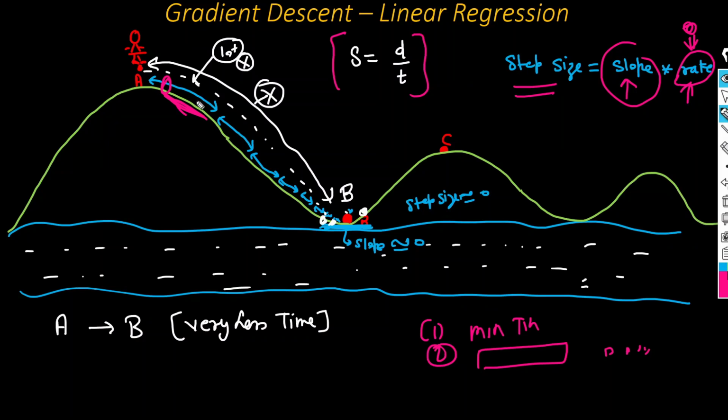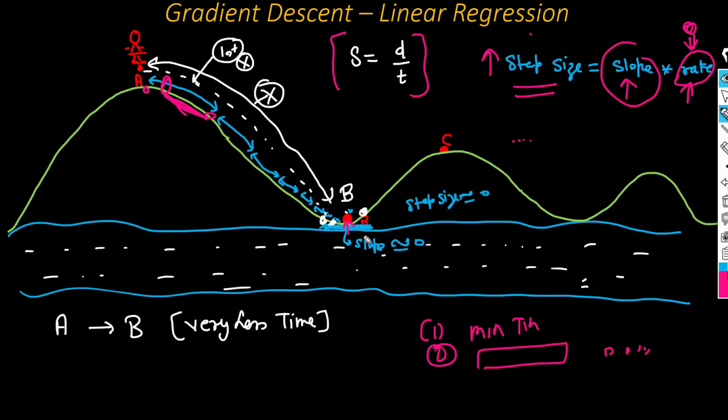Here the slope is steep. So what do we get? We get a high step size. It means large step size. So initially we take the large step. As this particular slope is decreasing, we try to take small steps, or we can say baby steps. As we get nearer to this particular point, we start taking very small baby steps, so that we do not miss